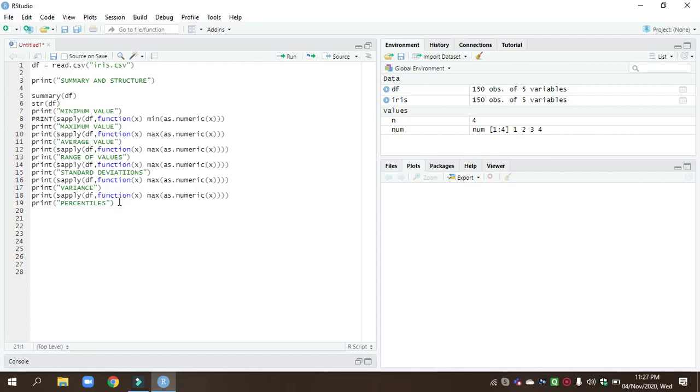Again I am explaining here what we are finding: the minimum value. Here the minimum value takes the minimum value from the data frame and stores it as a numeric value in the x variable each and every time. Here x is a variable, and it stores the numeric value. Okay, this is for the second operation. Now I am moving to the third operation.